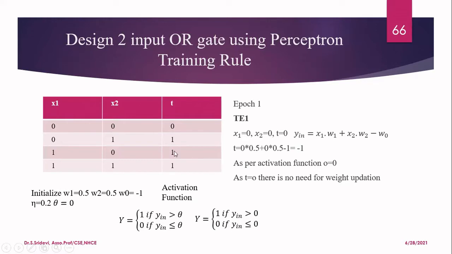And in this, first of all, you need to identify how many input parameters are there and how many weights are required. So we have only 2 input parameters, x1 and x2. Therefore, we will have 2 weight values, w1 and w2. These are related to the input variables. And you will have one more weight value that is related to the bias. So we have w0, a weight related to the bias.